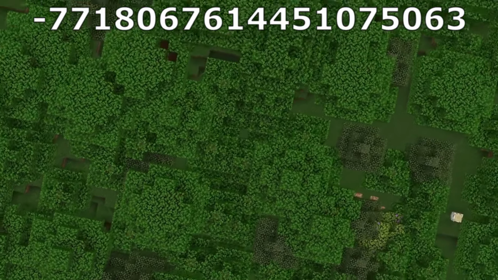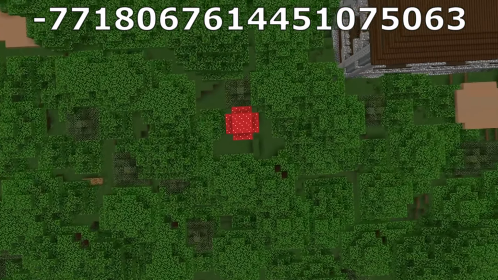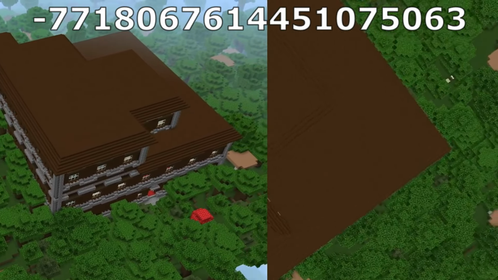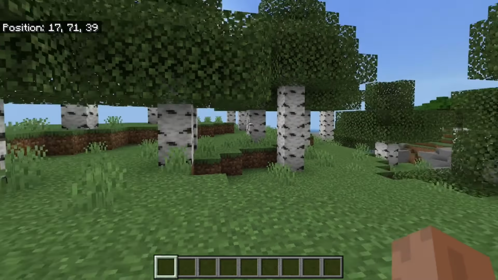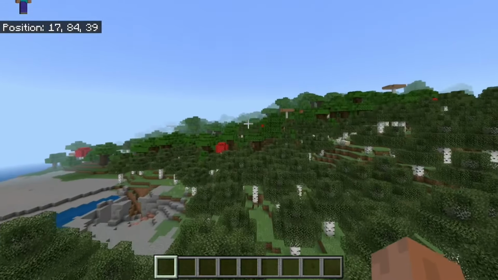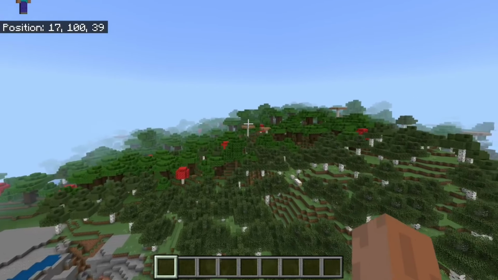This seed spawns you surrounding a huge dark oak forest, big enough to actually have two separate woodland mansions, as well as quite a number of pale garden forests around the place. And when you spawn inside the world, you might notice we are not inside of a dark oak forest, but we are instead spawned inside of a birch forest, and that's because the dark oak forest is literally about 50